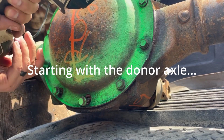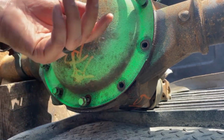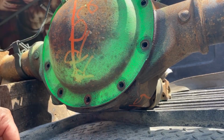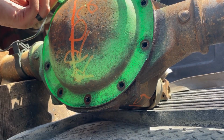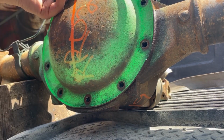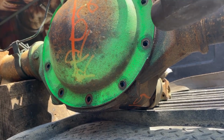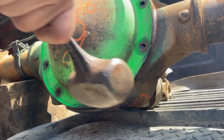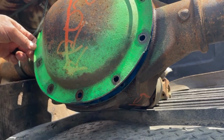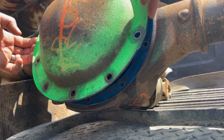So, if these aren't broken loose, you break them loose. And I like to use the impact on these. But this axle is from the junkyard, so they actually drained the oil out of it. That's why these are loose. But normally, you take out all these bolts except for this top one. Then you get a hammer, usually a dead blow, not something this beefy. Give it a good whack, it loosens it up, and that way you can drain all your oil into the pan, and you won't have the cover fall off and make a mess. But like I said, this one's already been done, so now we're gonna finish